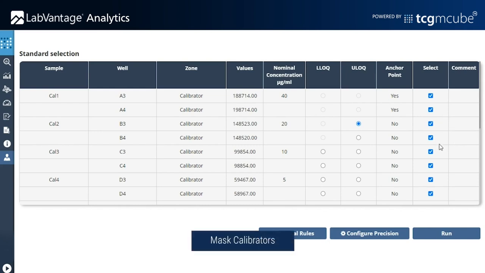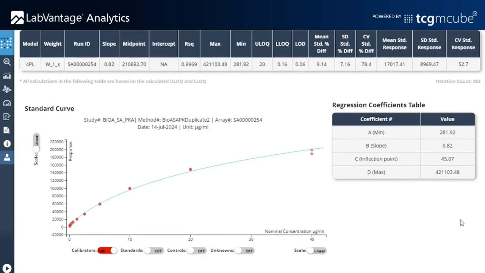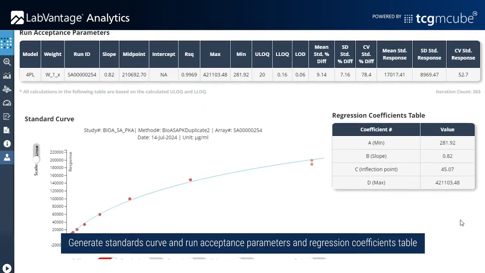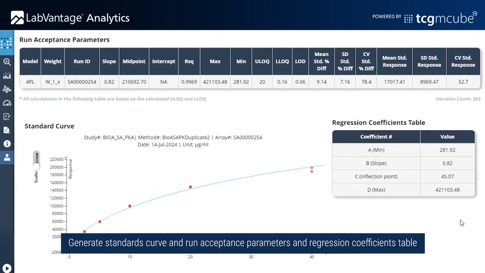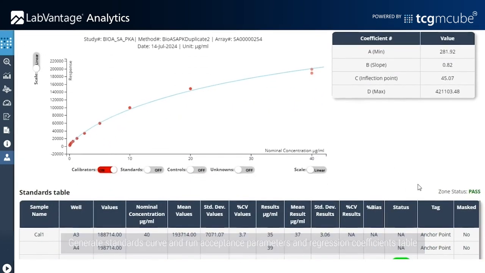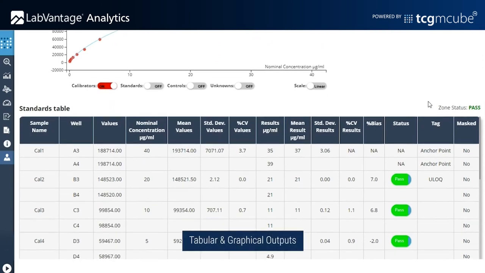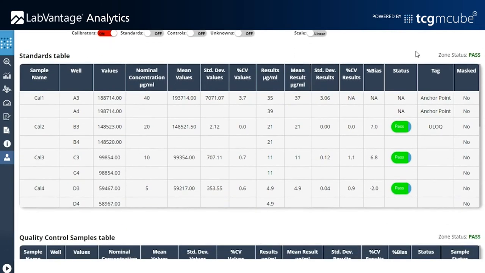You also have the flexibility to mask various calibrators. Clicking on Run starts the analysis. The solution generates the standards curve along with the run acceptance parameters and the regression coefficient table. It also provides several tabular and graphical outputs. It applies the standards curve to generate the back-fit concentration for all samples on the plate, calibrators, QCs, and unknowns,